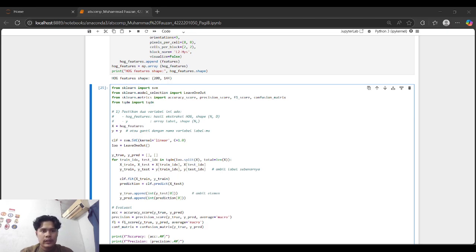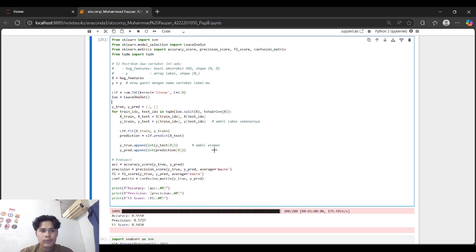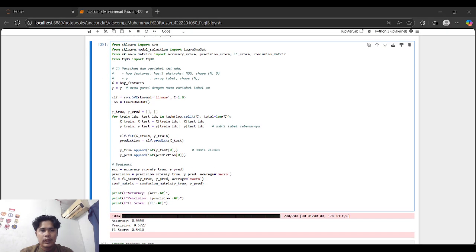Next, we train and evaluate the SVM. This is the core of the evaluation process. I use leave-one-out cross validation, or LOOCV, where in each iteration one sample is used for testing and the rest for training.